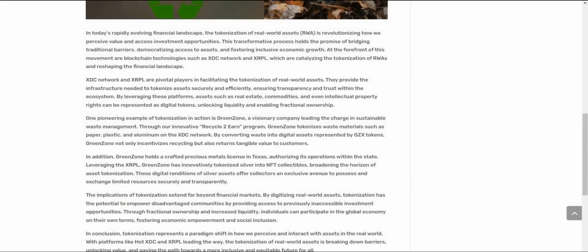One pioneering example of tokenization in action is GreenZone, a visionary company leading the charge in sustainable waste management. Through our innovative Recycle to Earn program, GreenZone tokenizes waste materials such as paper, plastic, and aluminum on the XDC network. By converting waste into digital assets represented by GZX tokens, GreenZone not only incentivizes recycling, but also returns tangible value to customers. In addition, GreenZone holds a crafted precious metal license in Texas, authorizing its operations within the state